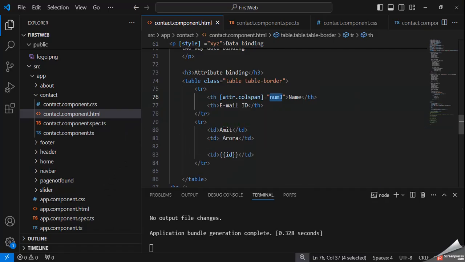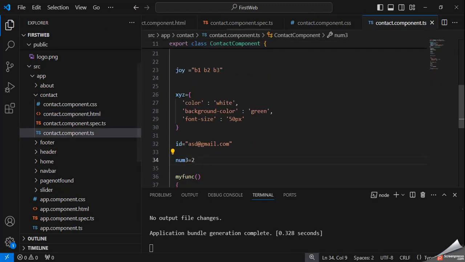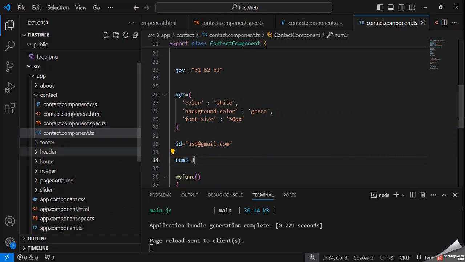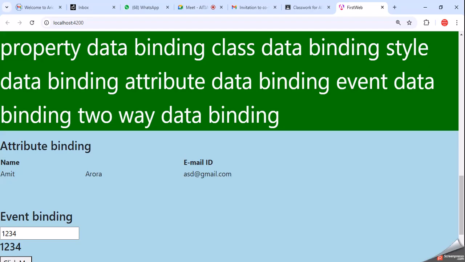Suppose here I declare the value of num3 is equal to 3. From here we can change it. You can see this name has 3 columns. So as per our need, we can handle it from the ts file.